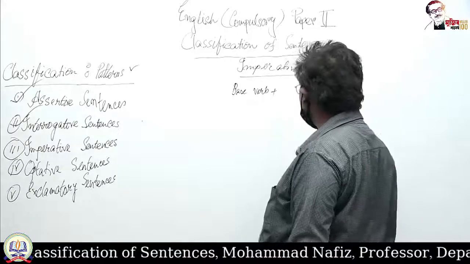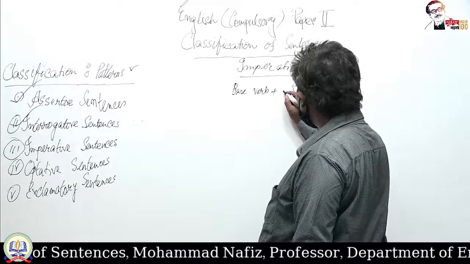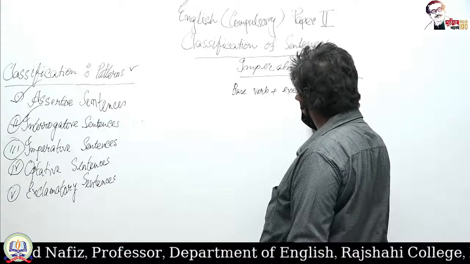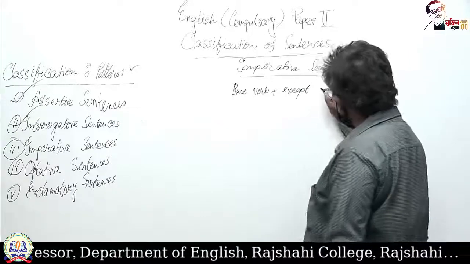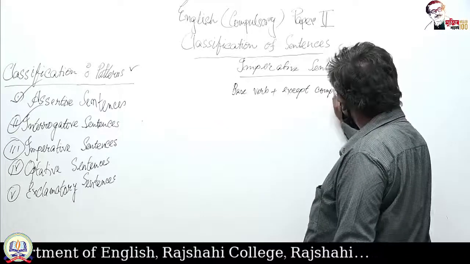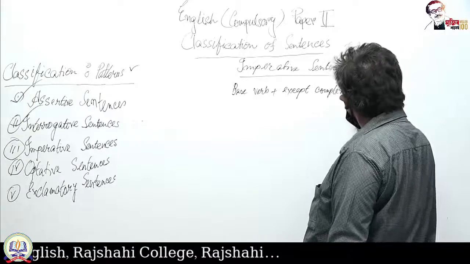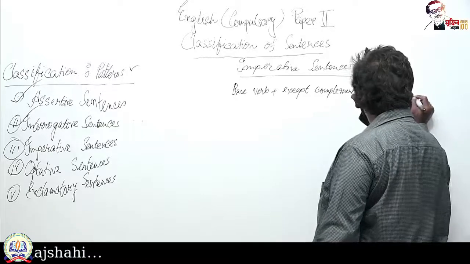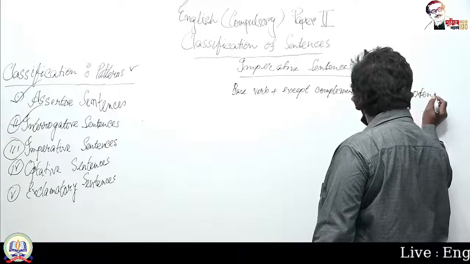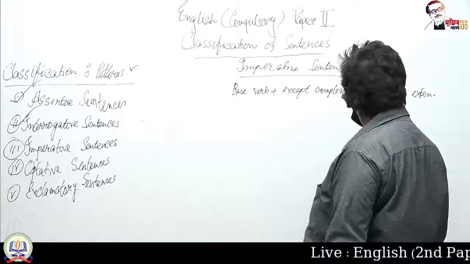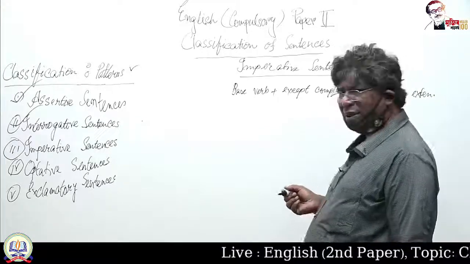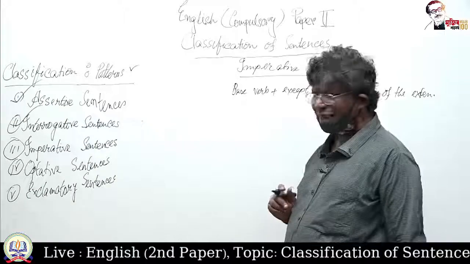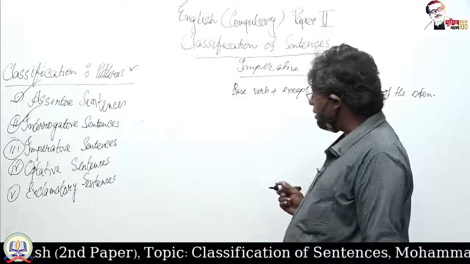and that is followed by any extension except complement. Any of the extensions. In an imperative sentence, since the subject is implicit, there is no way to use a complement in the